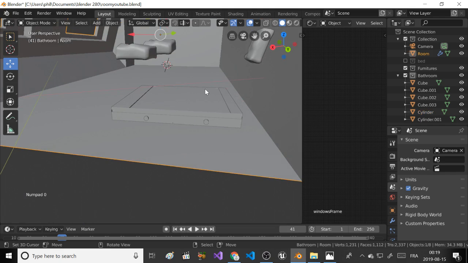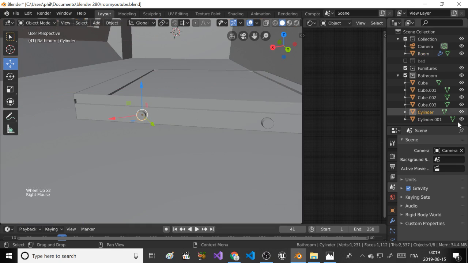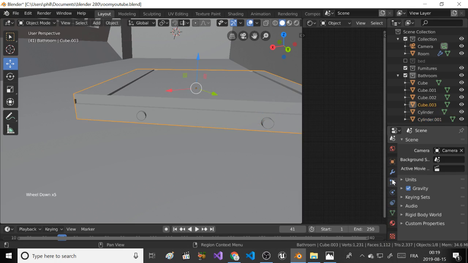Okay, it should be enough. So now what we can do is we can drain them. So we have cylinder 1 and cylinder and cylinder 1. So we can just drain them with the modifier,